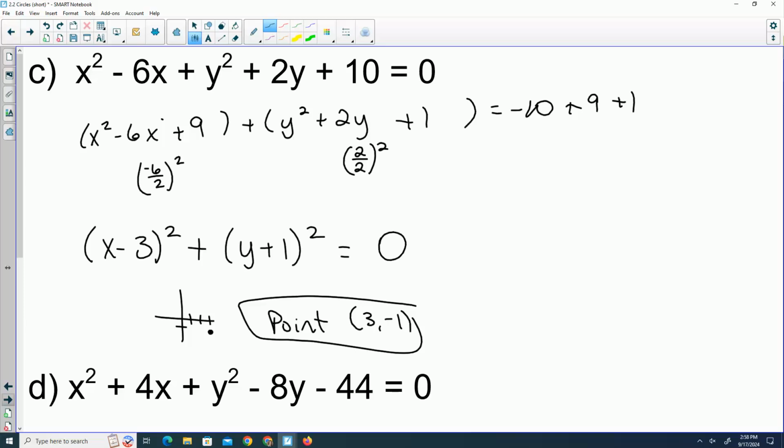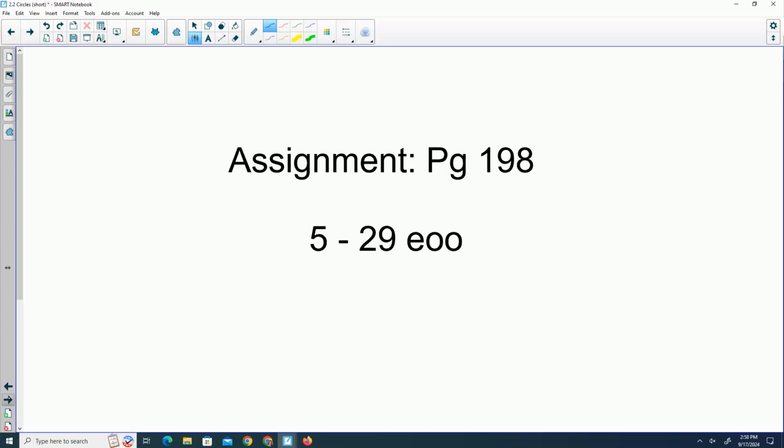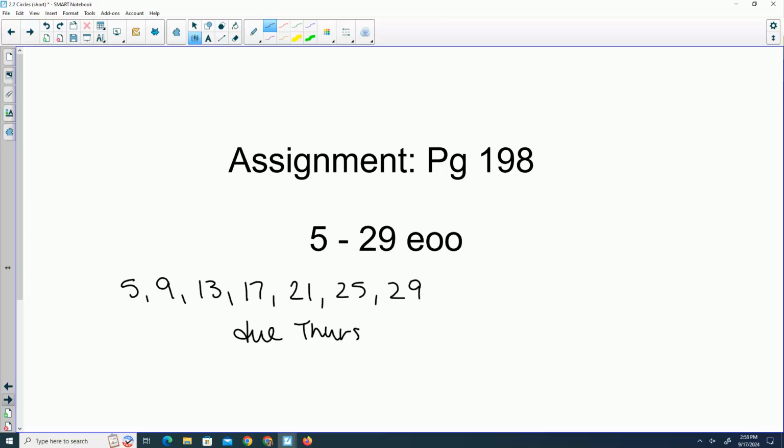All right. So I know that we didn't have much class today. I put the homework on here. It is 5 through 29, every other odd. So not that many problems. 5, you skip 7, you do 9. It will be due, let's say Thursday, since we didn't have much class time. I won't collect it tomorrow, but I am going to start the next section tomorrow. So you don't just get the whole day to work on it, but I'll give you a little buffer to get that done since we didn't have much class. So you guys have time to start it now, and tomorrow